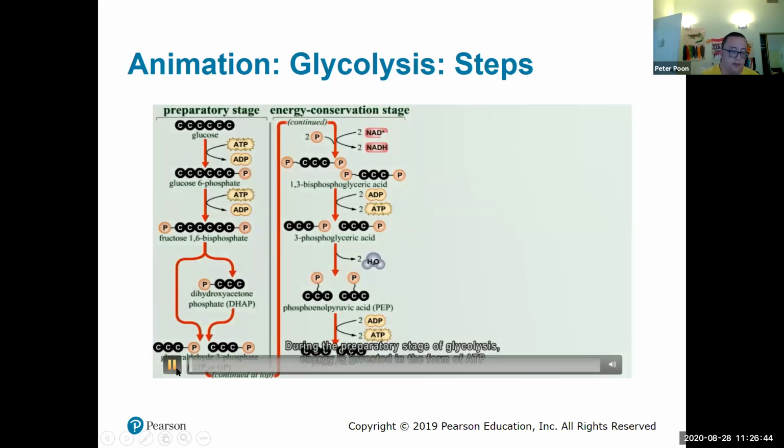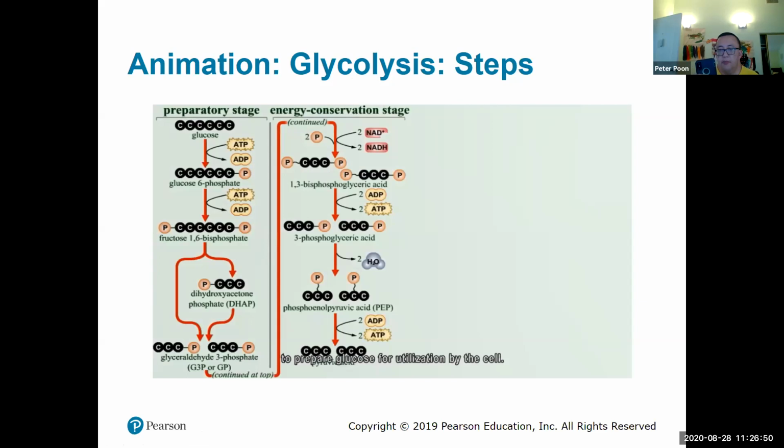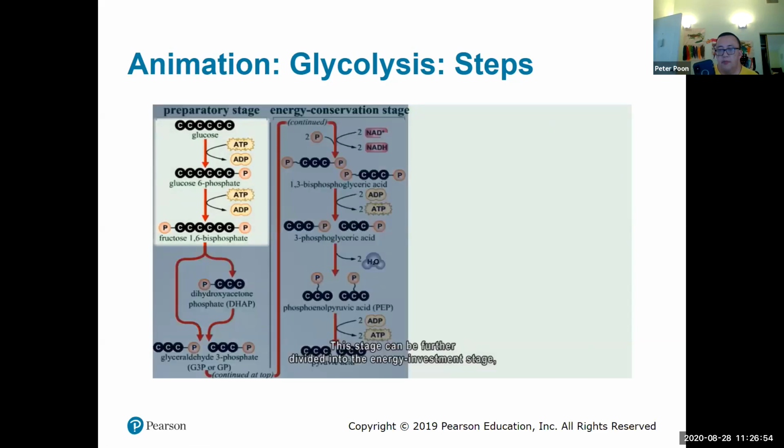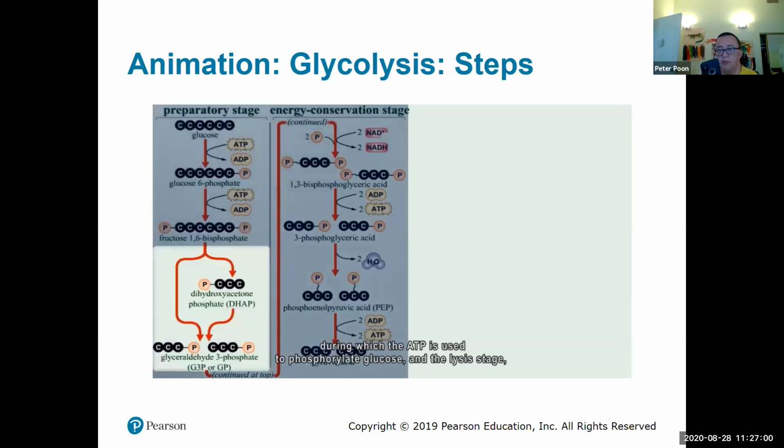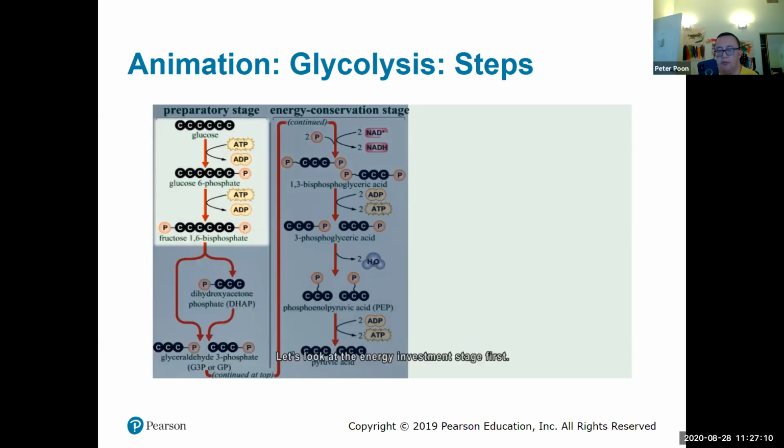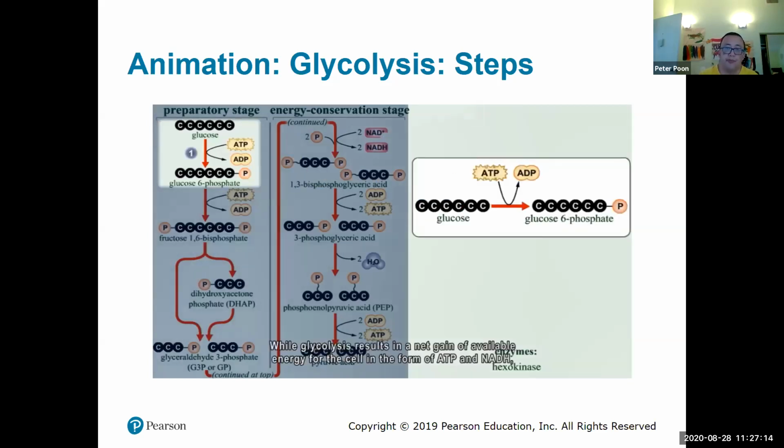During the preparatory stage of glycolysis, energy is invested in the form of ATP to prepare glucose for utilization by the cell. This stage can be further divided into the energy investment stage, during which the ATP is used to phosphorylate glucose, and the lysis stage, during which the doubly phosphorylated glucose molecule is cleaved into two phosphorylated 3-carbon sugars. Let's look at the energy investment stage first. While glycolysis results in a net gain of available energy for the cell in the form of ATP and NADH, energy must first be invested to begin the process. This can only occur in a living cell with ATP available to invest. In the first step of glycolysis, a phosphate group is